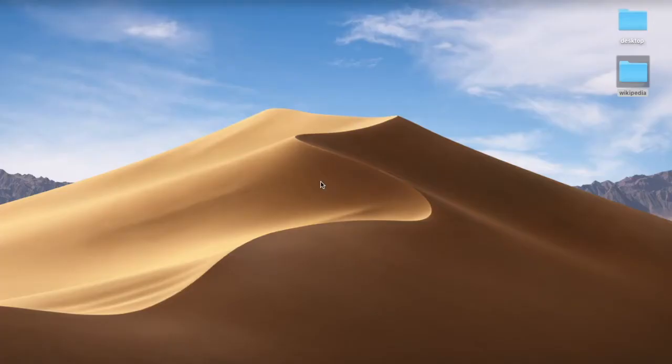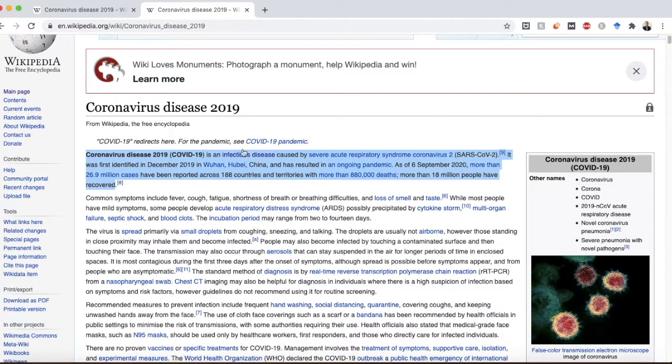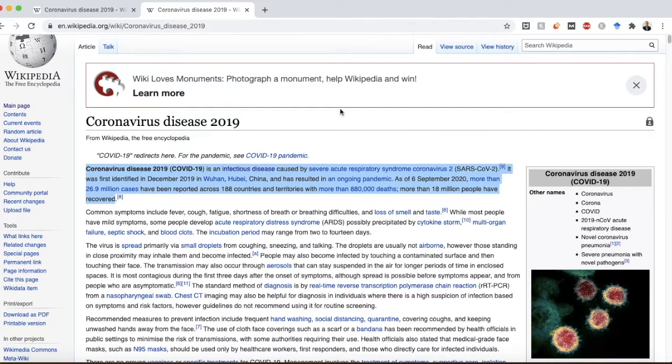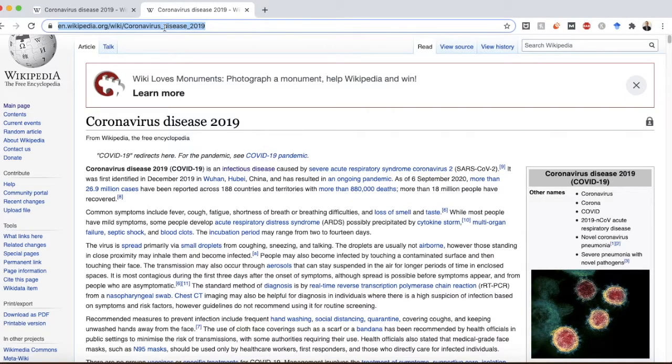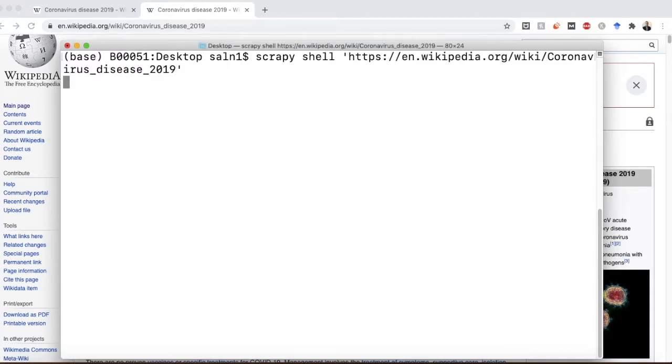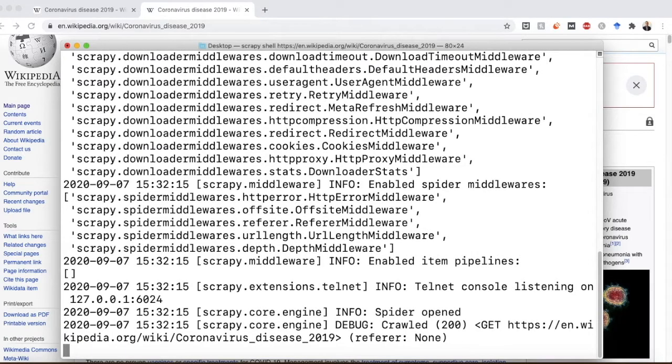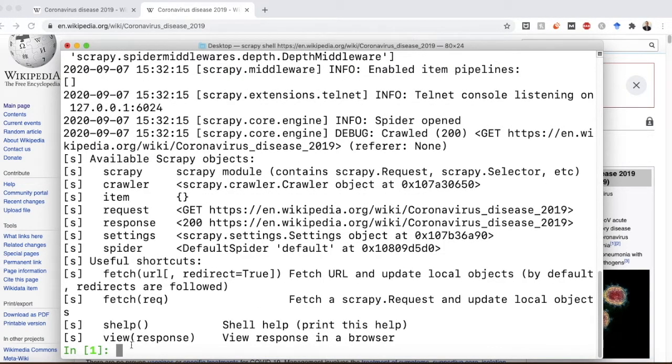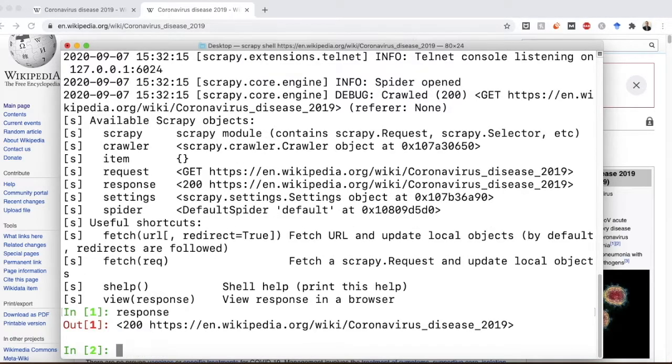Imagine that we want to actually scrape a Wikipedia page. I already have found a page on Wikipedia in relation to coronavirus disease, but you can search Wikipedia for anything. So this is going to be the URL, and within the terminal, if you type scrapy shell and then the name of the URL, we are actually in the interactive shell now. If you type response, you should get 200, which means that you're sending a request to the web page, and